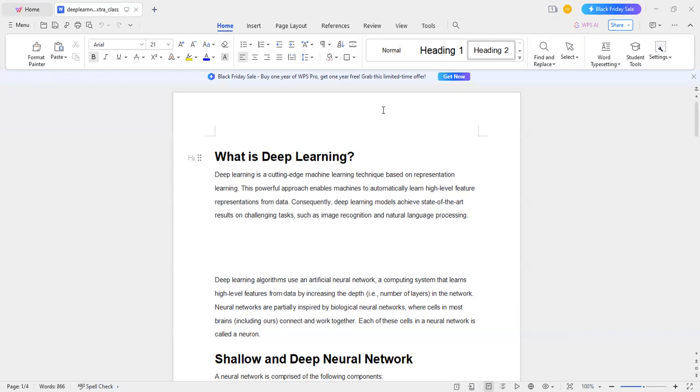And it is one of the powerful approaches which enables machines to automatically learn the high level features from the data. Deep learning has tackled challenging tasks like natural language processing and image recognition. So specifically we can say that deep learning consists of all the algorithms which are made